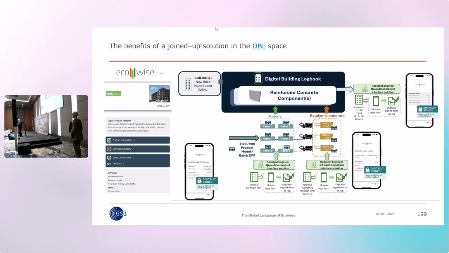This is what we do in construction. We go to all that trouble of scanning in. We pay the full price because we don't scan out. What do I mean by scan out? We do not create digital building logbooks. If anybody here sells a second-hand car, hopefully some of you did, to a private dealer, or buys a second-hand car from a private dealer, the first thing you'll do is look for the maintenance log. Yes or no? So everything we do in this room should actually end up with a digital building logbook.